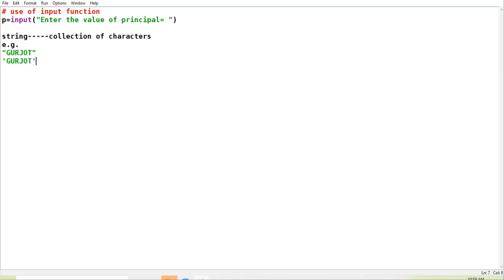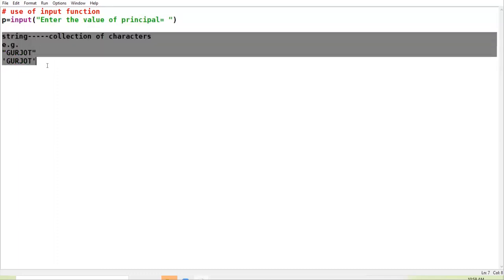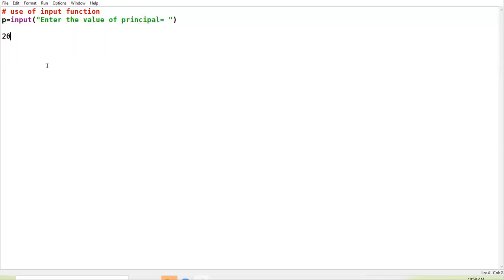And using the input function, whatever you are inputting from the keyboard, that will be converted to string. For example, you have inputted principal as 2000. 2000 this time is not a numeric value, it is a string value.